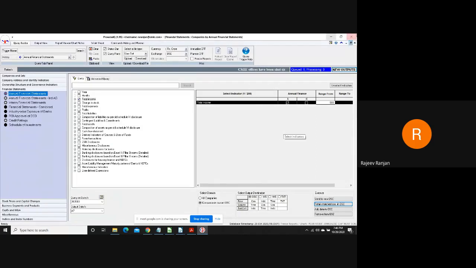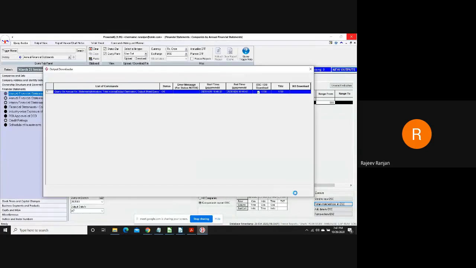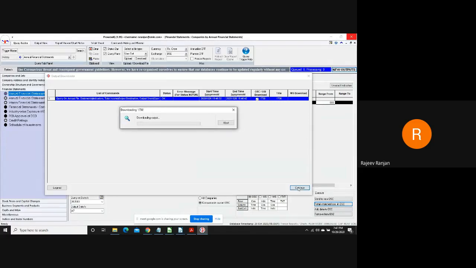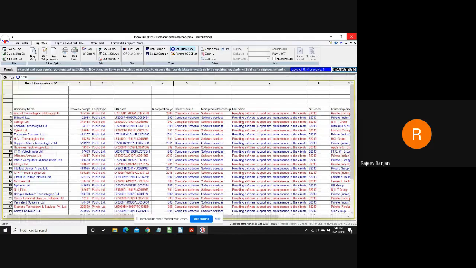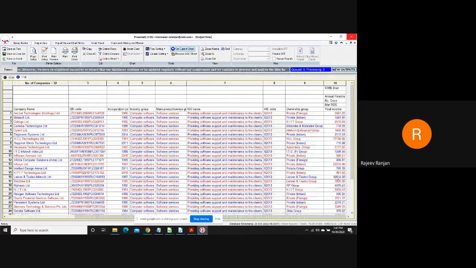So let us see this output first. So I got 32 companies which have satisfied the condition of 500 crores and above in the software as a service sector, and these are my numbers.